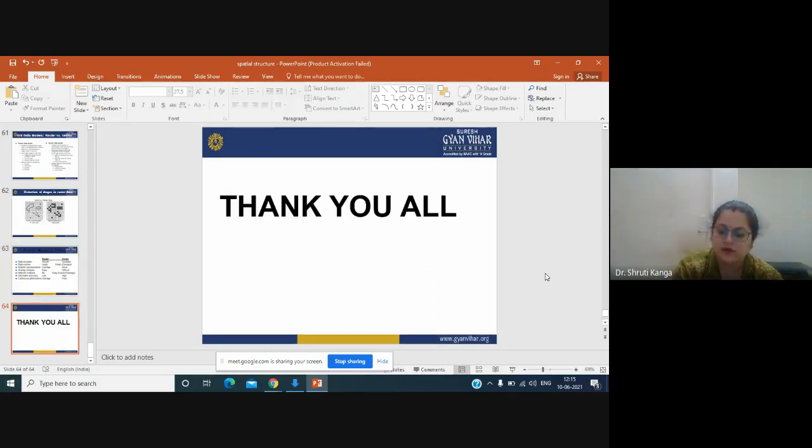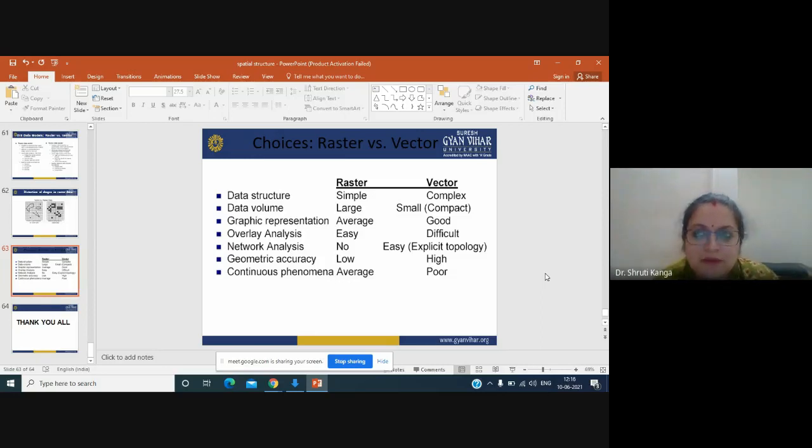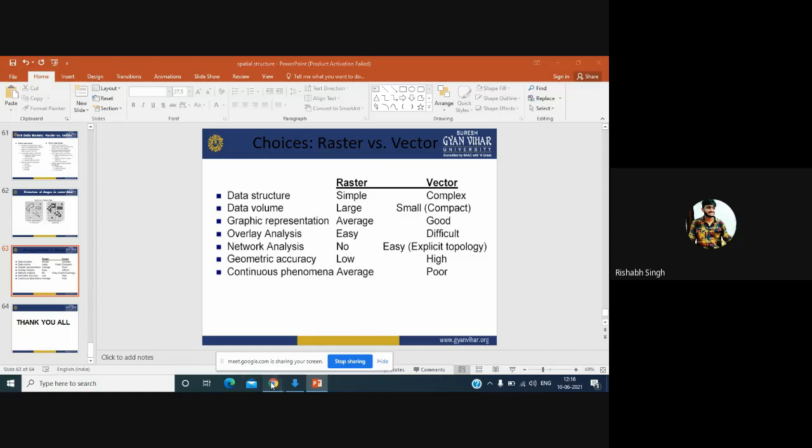Okay, so with this we have almost completed our raster and vector data structures, along with the different data storages in raster data sets, and the different types of vector data structures जो भी तुमने पढ़े हैं, in terms of topology, spaghetti, polygon, whole polygon, all those kinds of things fall under vector data structures. Clear? Any doubt till here? No, ma'am, clear.